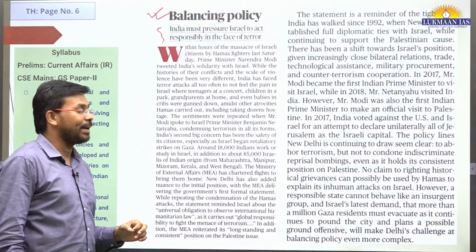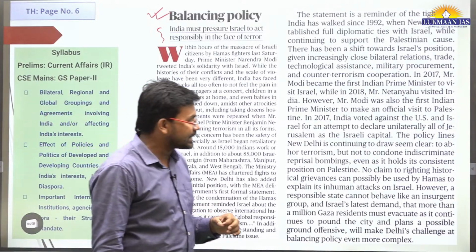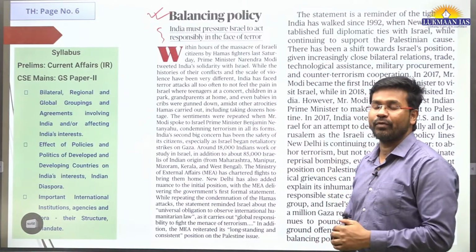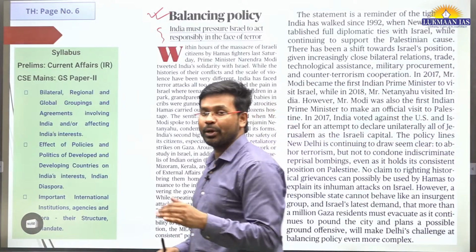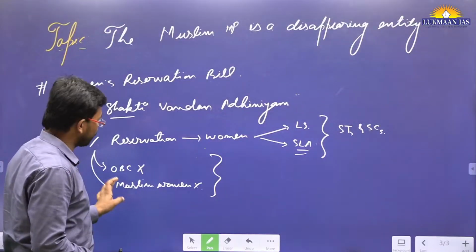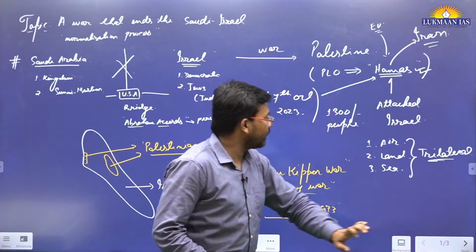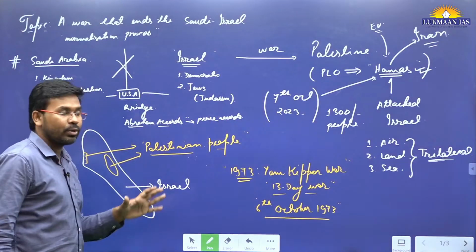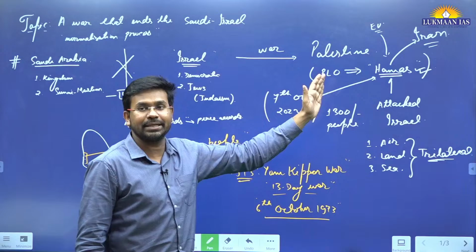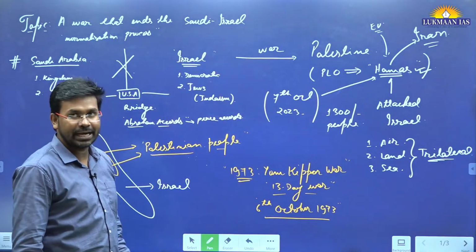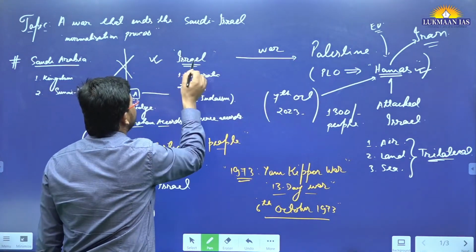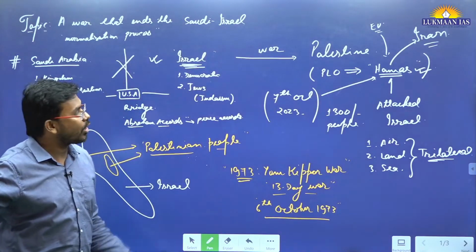Since Israel is attacking the Palestinian territories, it is leading to a situation where Israel is being offensive. Not only that, it has asked the civilian population to go from the West Bank to the southern portion. So the author has talked about how India now needs to balance the relationship between Israel and Palestine. How can we balance it? We can ask Israel to have some kind of restraint while attacking Palestine.